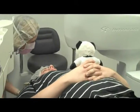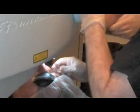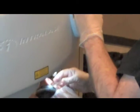I'm going to slide you underneath the first laser. There's head positioning in each laser and it's different, so I've got to get you lined up. Once we're lined up, we're going to put a little lid holder in. Alright, this is where you feel the pressure and get all funny. Remember, you're going to lose vision during this. That's normal. And it was a little scary at first as everything kind of went dark and caved in, but